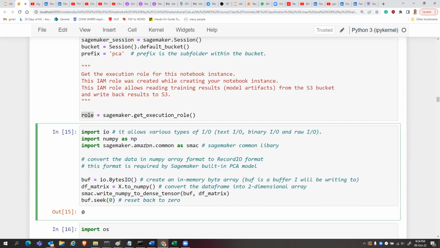NumPy, I think you are all aware. And SMAC. So we are importing SMAC also. What is SMAC? SMAC is an AWS SageMaker common library. It is also a general purpose library we need to use. So first you need to convert data in NumPy array format to record IO format. So when you are working with SageMaker, if your data is in NumPy array format, you have to convert it